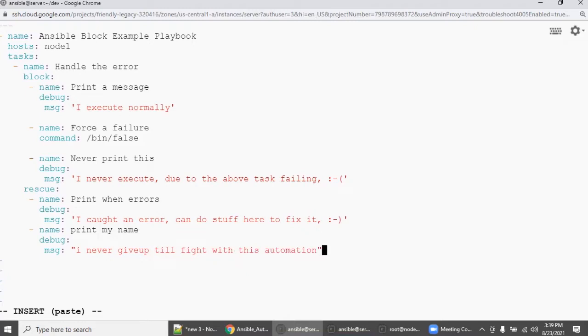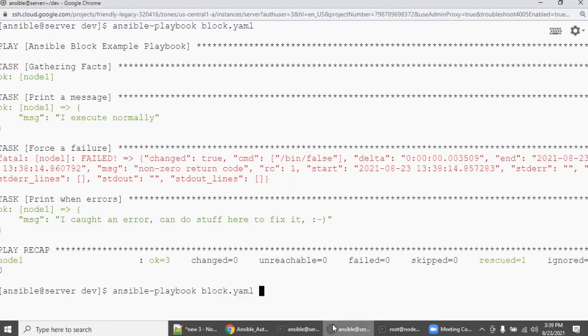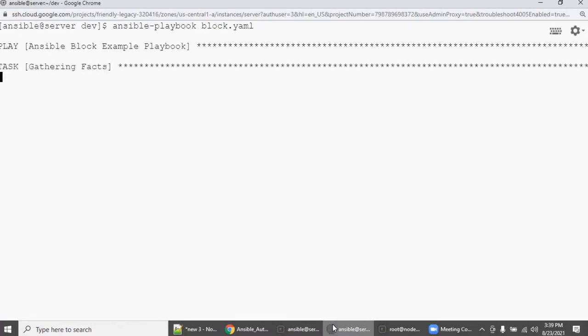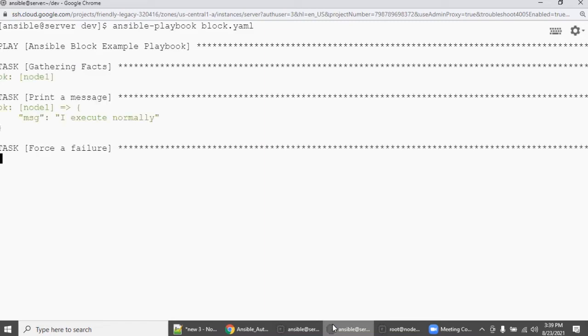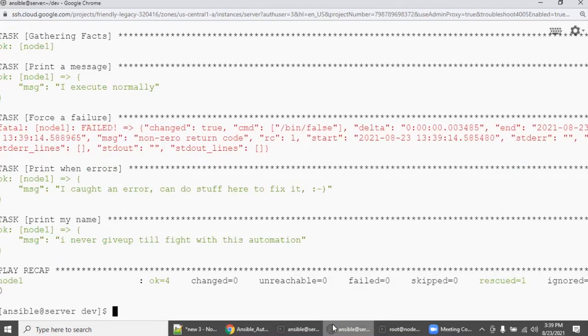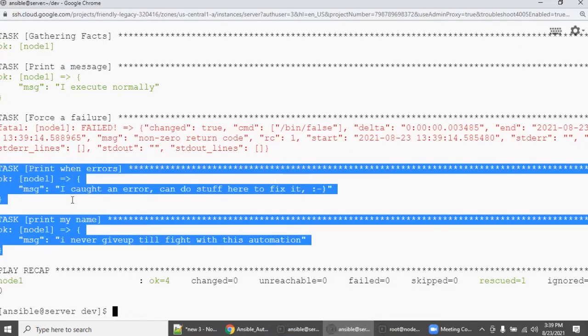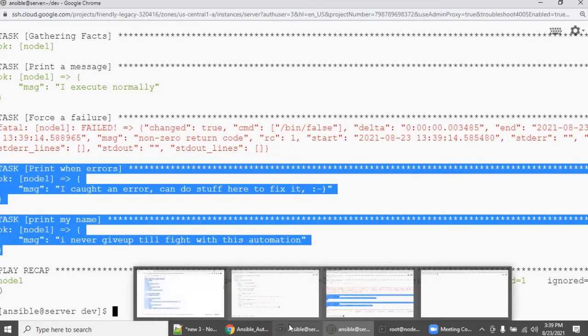Save it and execute so that you can understand: if there is any error, automatically the control will start executing from the rescue section one by one. Here it's transferred to the rescue section and two plays have been executed.